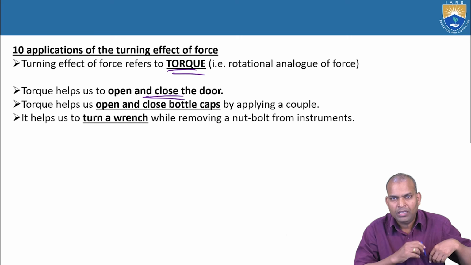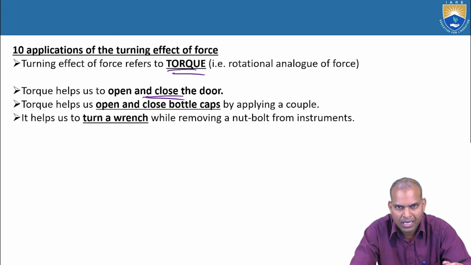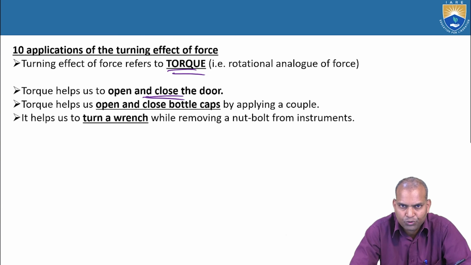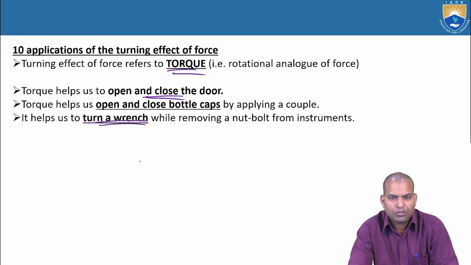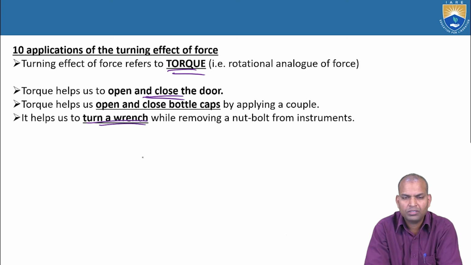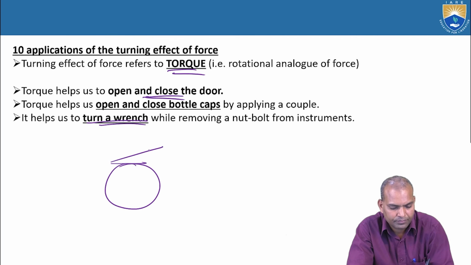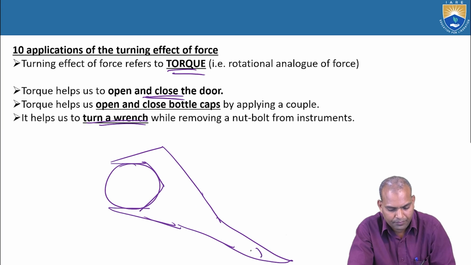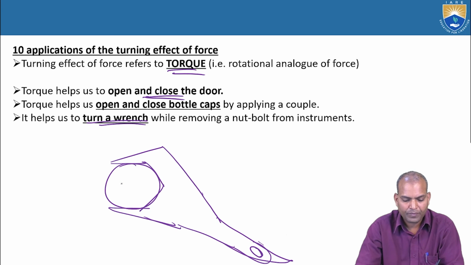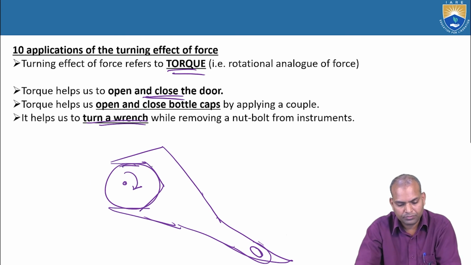Also, the concept of moment helps to unscrew the nuts of your vehicles, four-wheelers and two-wheelers. We are going to see that in picture form here. If you want to remove a nut and bolt, you do it with the help of your wrench system. The wrench system is such that if you want to cause rotation,